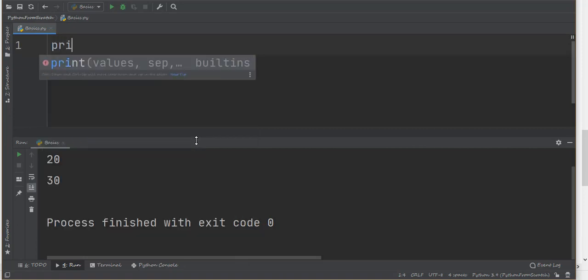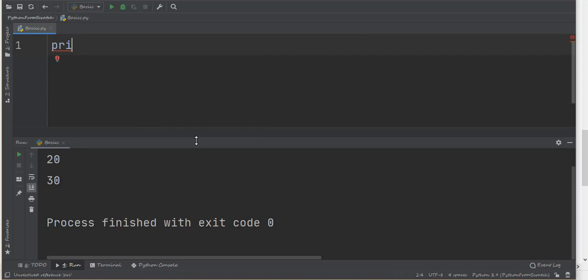For example, if I'm going to write print, okay, I missed an N. Print 5 plus. If I'm going to run this, it is going to give me an error, invalid syntax. So if we are using an operator, there must be at least 2 operands, right? Also, I can't write this.